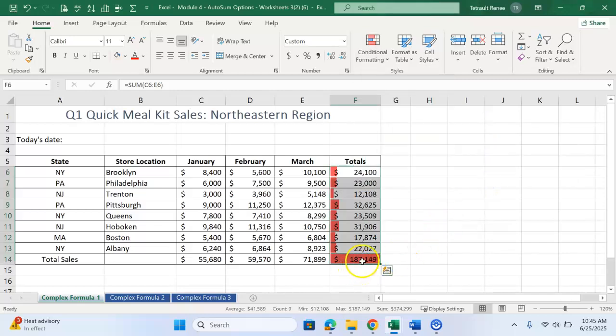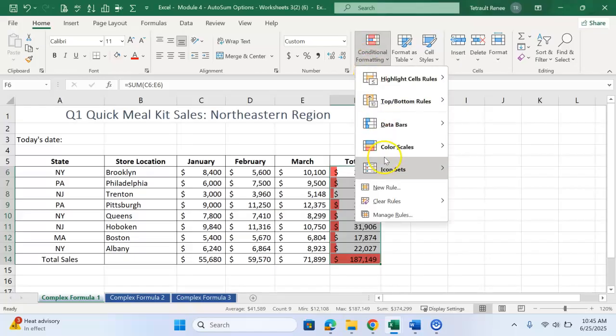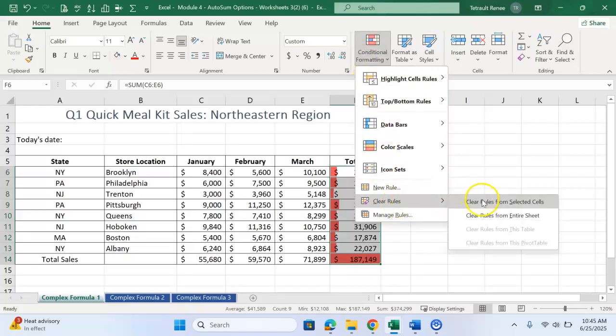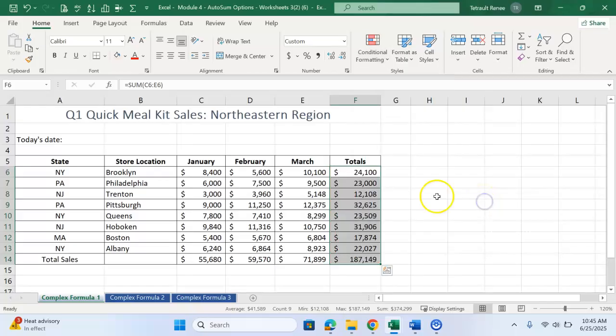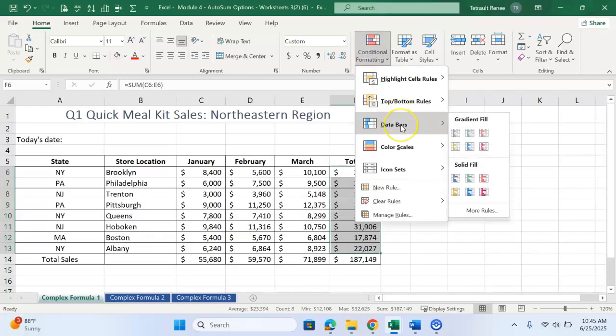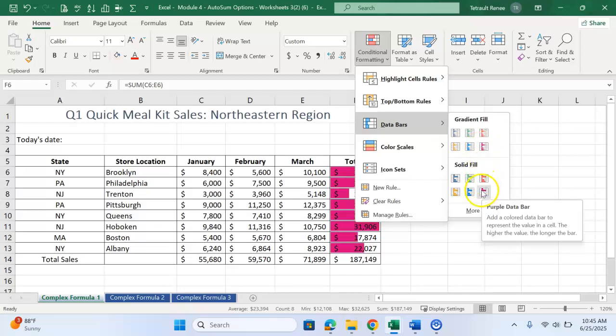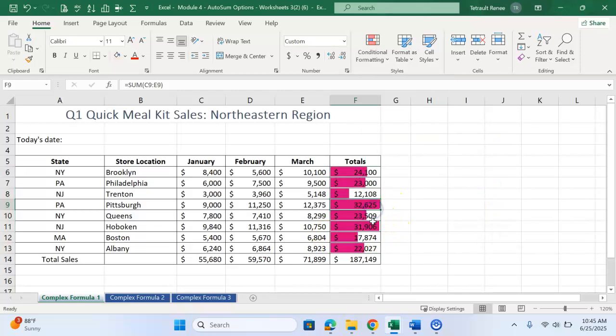So of course the grand total will be filled the most, where you want it to be what store location had the most. Once this is selected, you can go back to conditional formatting and go to clear rules and choose clear rules from selected cells. Then you would reselect not including the grand total and then choose conditional formatting, data bars, and either gradient or solid fill. And then you get a truer reading of the store locations and which ones had the most sales,